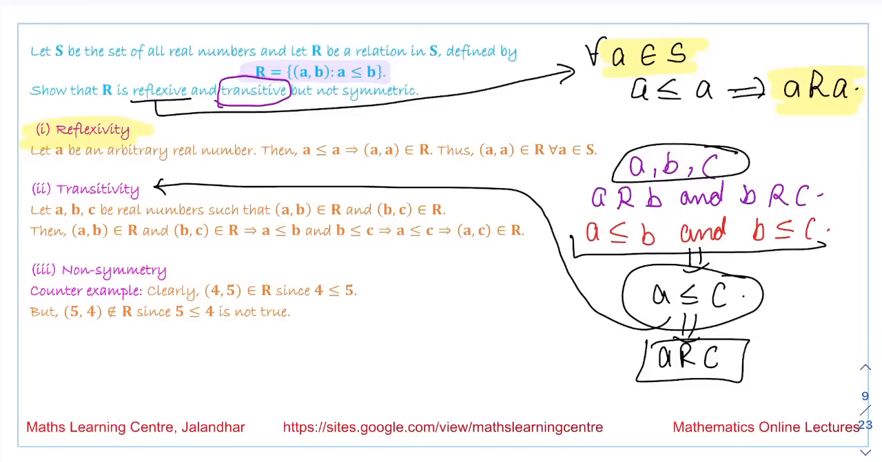Next is non-symmetry. We have to prove that this relation is not symmetric. So to prove it is not symmetric, we have to give a counter example over here. So we are considering A equal to 4 and B equal to 5. So this implies that A is less than or equal to B. It means A is related to B. But